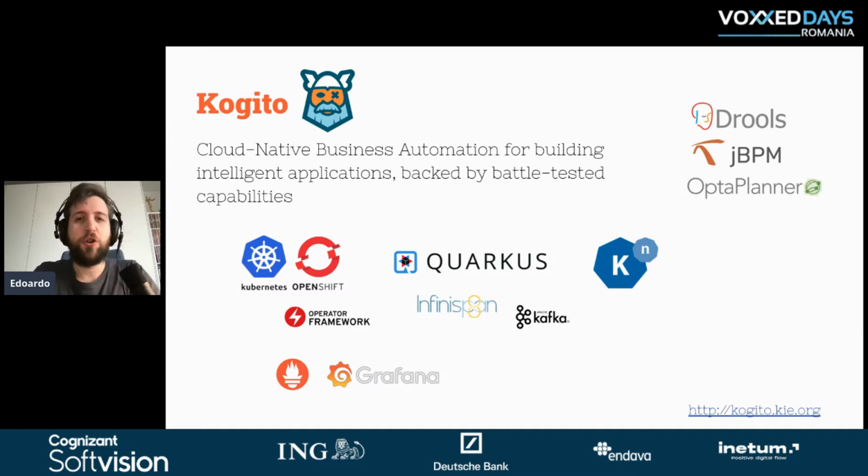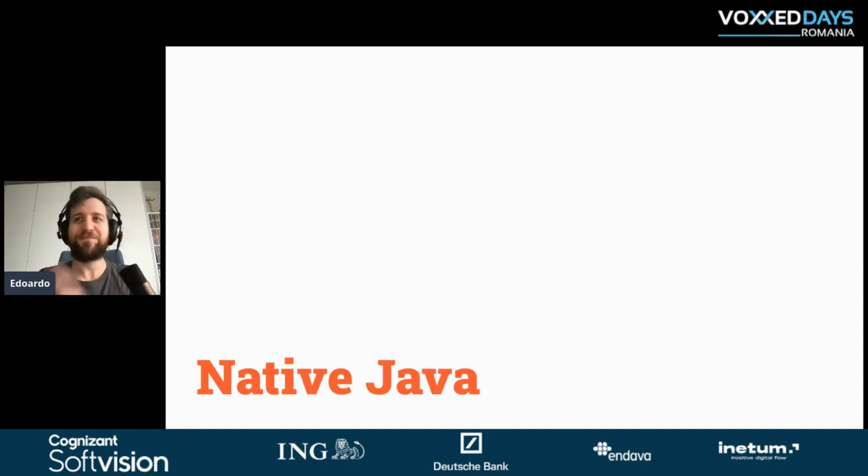A couple of words about Cogito, the project I'm working on right now. It's a cloud-native business automation suite. You may know it because it's based on rules, jBPM, OptaPlanner. Our engines were our traditional engines. We try to reimagine those in the context of cloud-native and the deployment on OpenShift, Kubernetes, exploiting the technologies that are usually used in this context, such as Infinispan, Kafka, and it's based on Quarkus. I'm going to say a few more words about that later, but right now I'm going to talk about